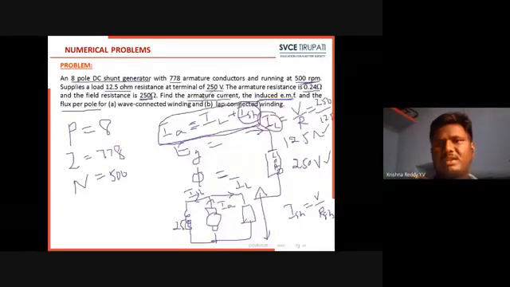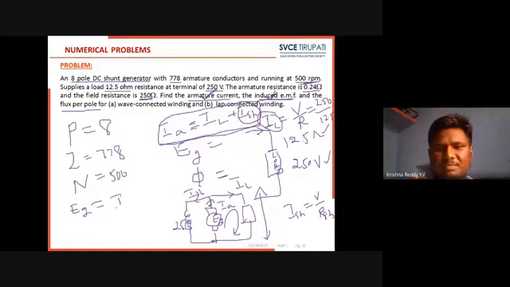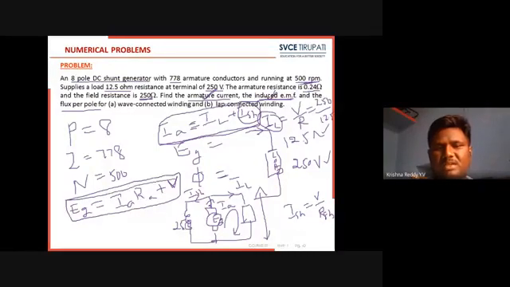So we get the armature current. Now, the induced EMF. What is the induced EMF equation? By applying KVL, Eg is equal to the armature resistance drop, IA RA, plus terminal voltage V. Then we can get the induced EMF value, Eg equals IA RA plus V.